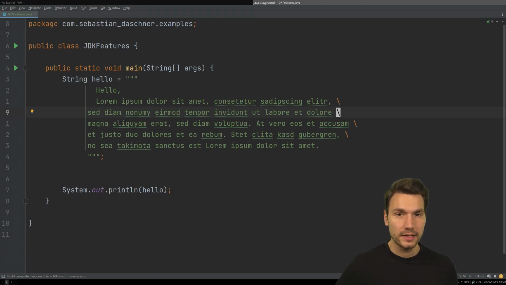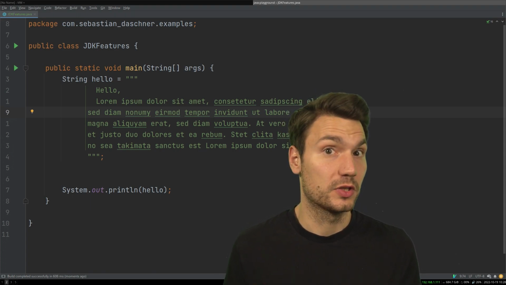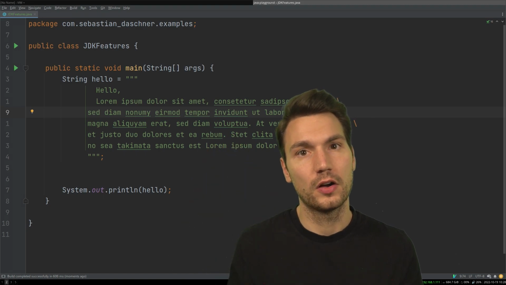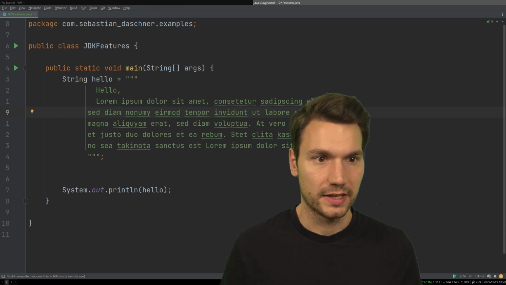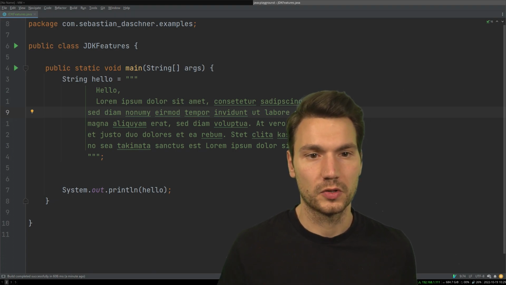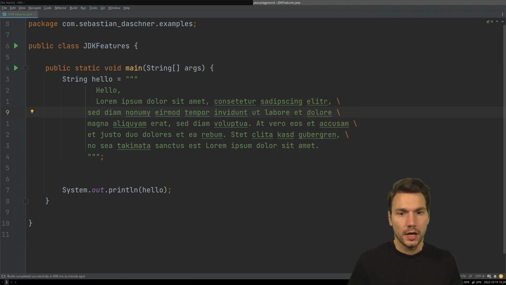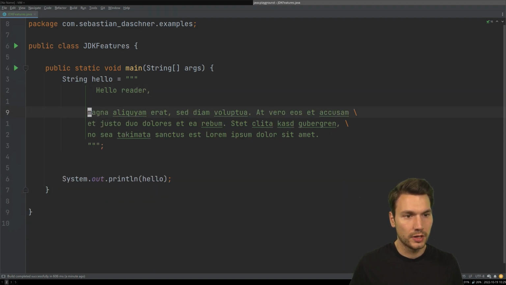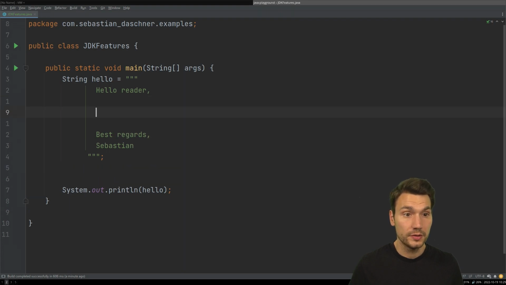Now, if you ask yourself, what if I would like to insert some sort of variables here, which is quite often the case? If I have a long string, but something needs to be parameterized, can I do something like these templates in JavaScript or some other mechanism? Well, kind of. What you can do, let's write the message again. I would like to have some variable here that I use,